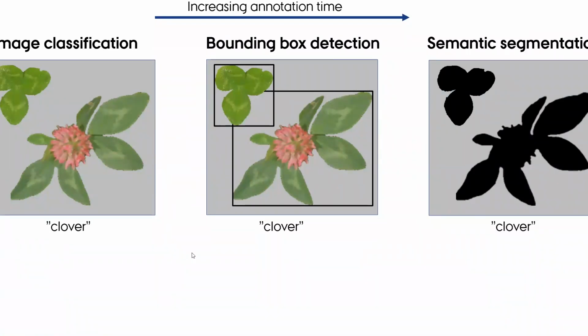The next level in terms of annotation and detailedness is bounding box detection. So we can basically count the number of clovers in the image. That gives us a little bit more value, but it doesn't exactly correspond to the canopy coverage of clover. So ideally, we want to know the exact number of pixels in the image which is clover. That's pretty easy for the computer to learn, but it's pretty hard for us to annotate enough images for the